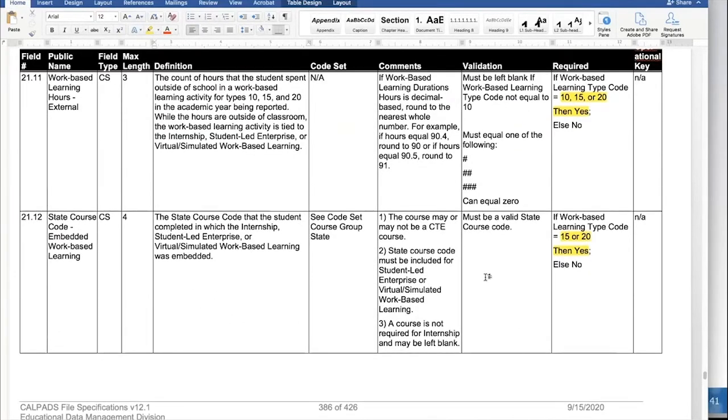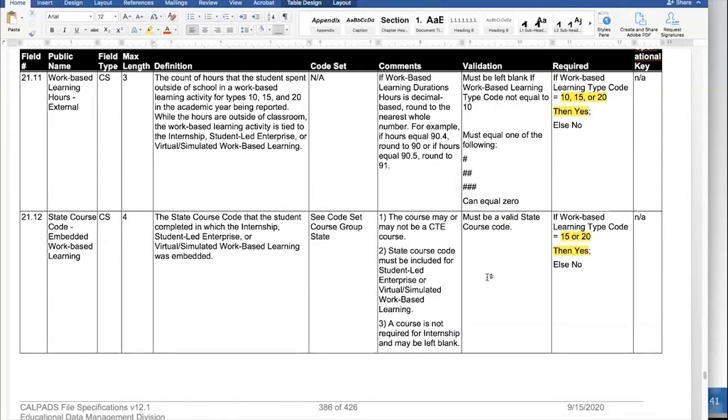And this is really important because as you're populating this information in your student information system, you want to make sure you're aware of these conditional edits that would be applied to these fields. That way you can populate your SIS properly and train other staff on how to input this information correctly, right? Some of you may also want to run some queries to check that these fields are populated correctly ahead of time. That will ensure that you will have fewer validation errors down the line when you actually upload these files in